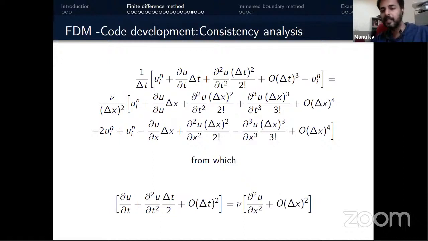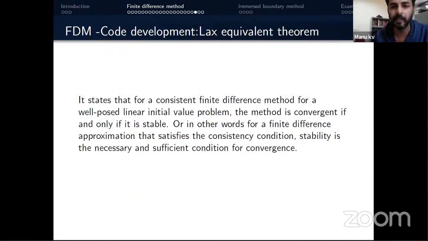In this problem it looks very simple, but in some schemes consistency can create problems, like terms such as delta t by delta x square, or delta x by delta t will appear. Because of low values of delta t or delta x, the denominator will be a very low value compared with the numerator, and the code can blow up because of the combination of delta x by delta t or delta t by delta x. So this is also an extremely important condition.